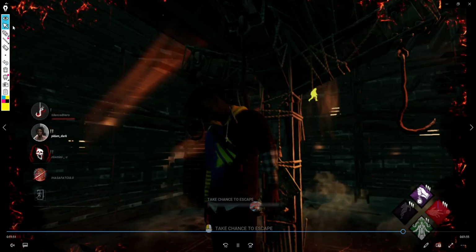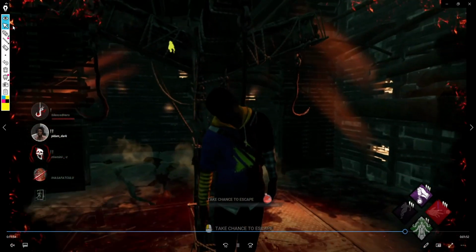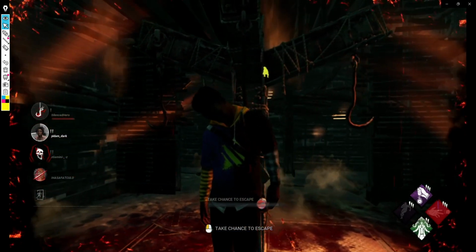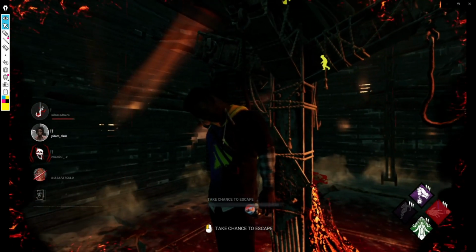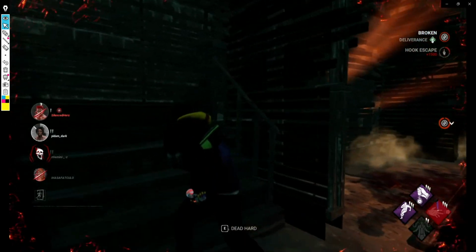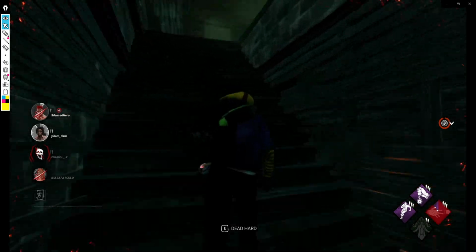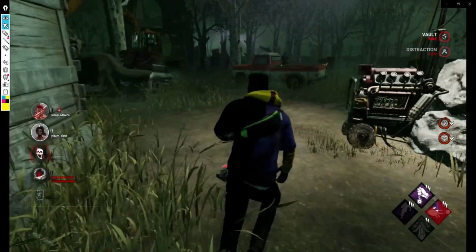Okay, let's skip through a little bit. Back here, I'm looking around, trying to look for Kate. I see the Claudette. If the Claudette starts running, I know that Freddy's after her. She starts walking, and I unhook myself now. I sadly don't know where Freddy is. Kate sadly ran all the way down here for nothing. I have to Dead Hard to avoid the swing. He gets her,